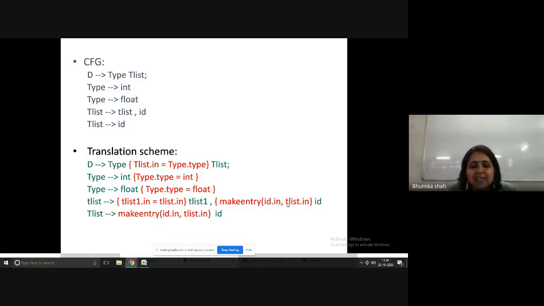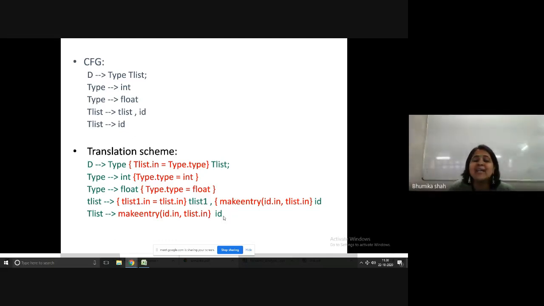You can write anything, that will be correct. So make an entry of ID in the symbol table with either T-list or T-list1, and then we write ID. So what we have observed is that T-list1 and ID have inherited attributes, and the semantic rules calculating their values are added before them. That's it. The last rule is T-list derives ID. So I have written the same rule as it is.